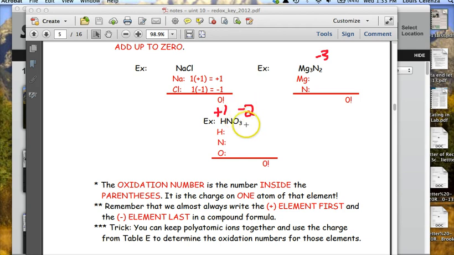So that's 3 times 2 is negative 6 for the oxygen. We have 1 hydrogen, which is plus 1. So we know the nitrogen has to be, in this case, a plus 5. Notice it's not even a 3. It's not even a negative 3. It's a positive 5. So those are the oxidation numbers: plus 1, plus 5, and minus 2. Okay. Next is, what about if you have an element who